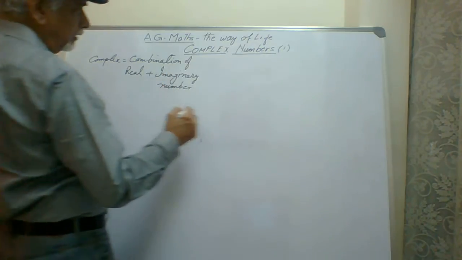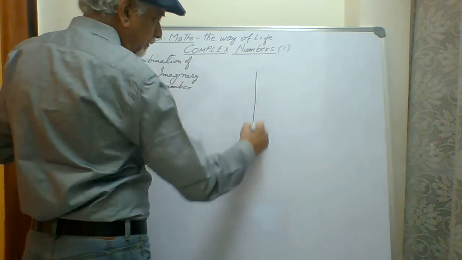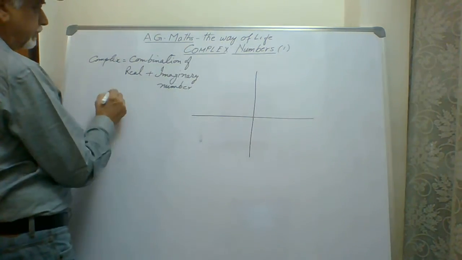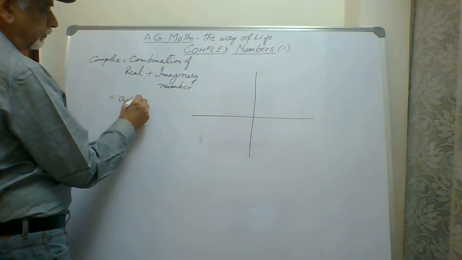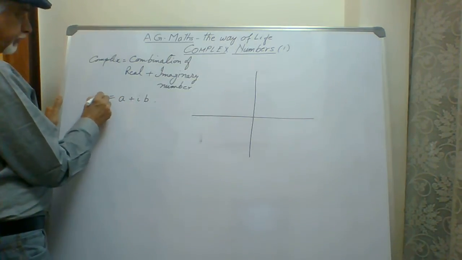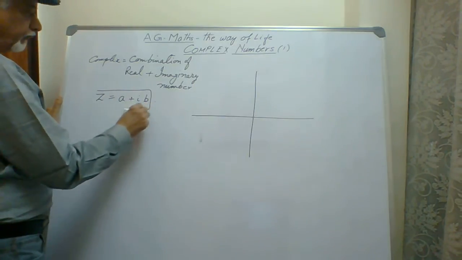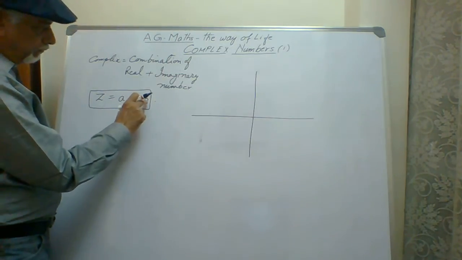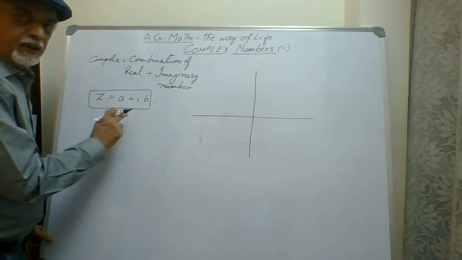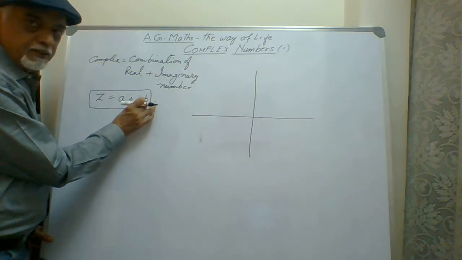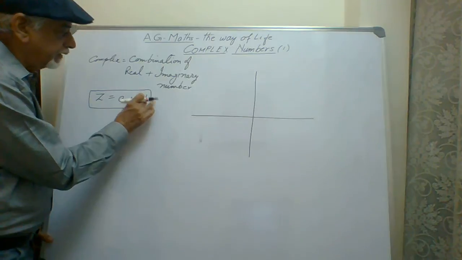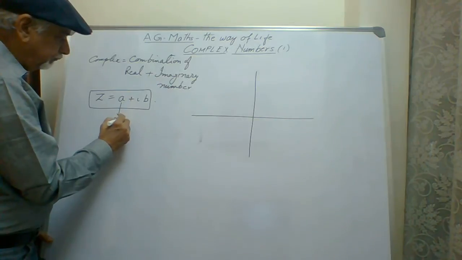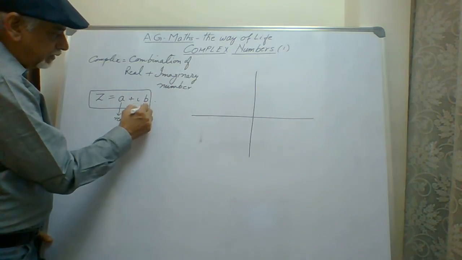Now, when I call it an imaginary number, it is simply a real number multiplied by i. So i into b. Normally we denote the complex number like this. If z is my complex number, a is a real number, b is a real number, but when b is multiplied with iota, it no more remains a real number and becomes an imaginary number. This whole part will be called the imaginary number. So this is the real part and this part we will call the imaginary part.